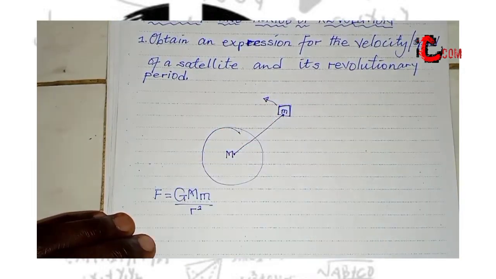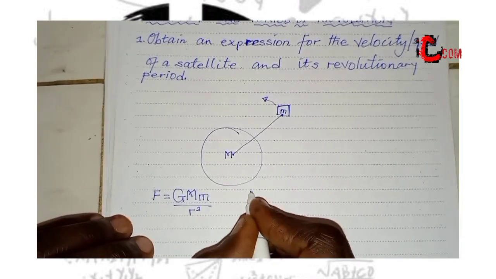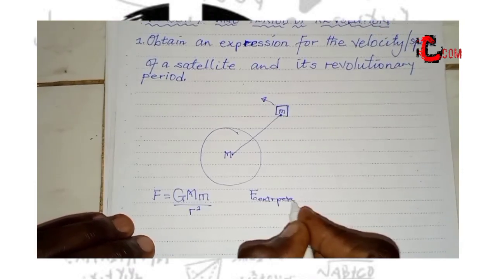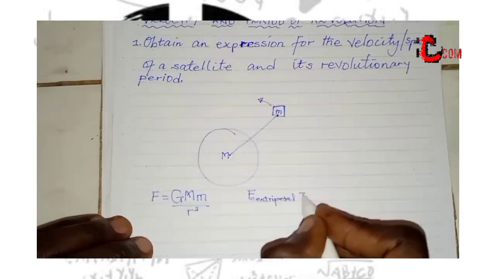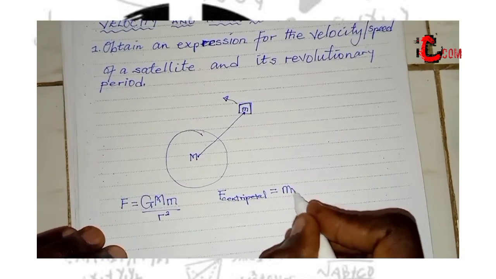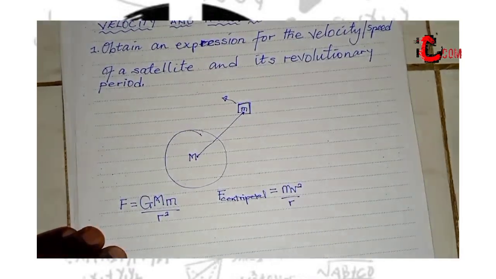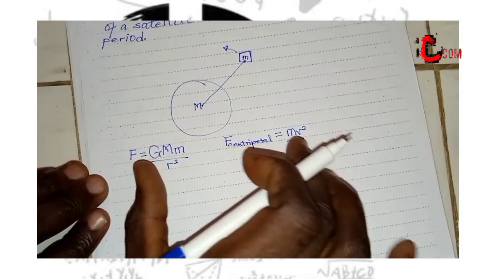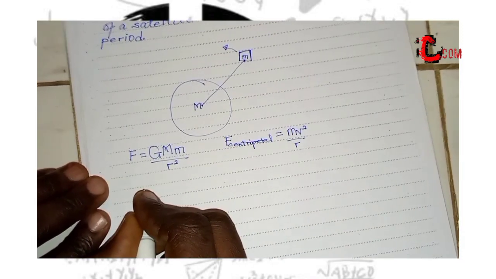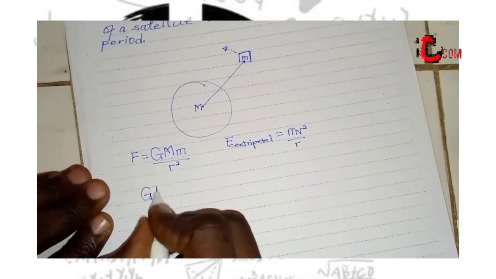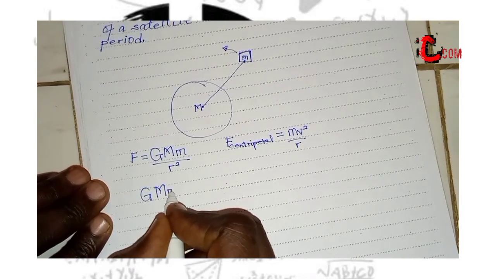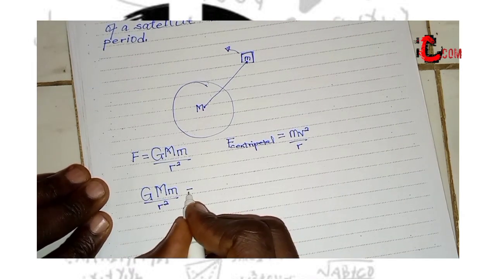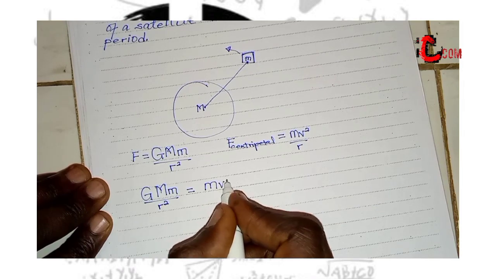We assume the satellite takes a circular orbit. Then there is also the centripetal force, which is the force that keeps this object in a circular path, and that is going to be mv squared all over r. Now, if we consider this satellite taking this path, then these two forces are equal. So we have G times the mass of the planet times the mass of the satellite all over r squared, which is the square of the distance between them, equals mv